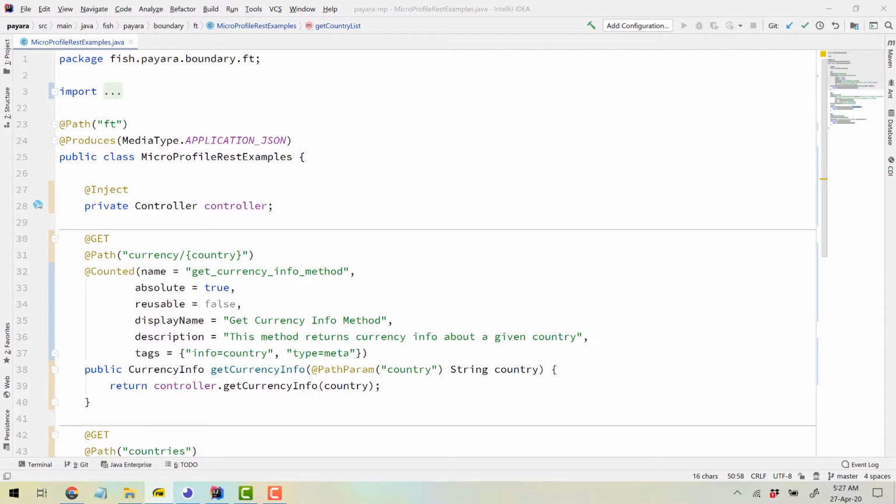Now, the question you might be asking yourself is, how do you access the metrics information? You access the metrics information by accessing the /metrics path in your application. So the metrics path is actually hosted at the base of your domain. So for instance, if your domain is fullbars.com, then you can access metrics from